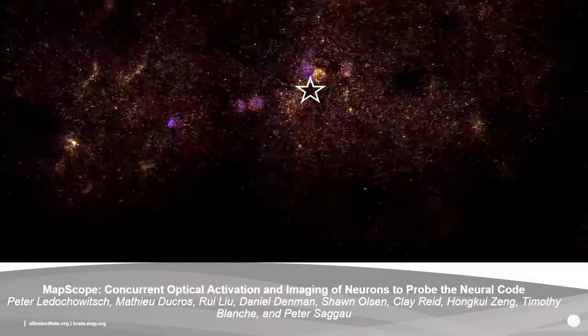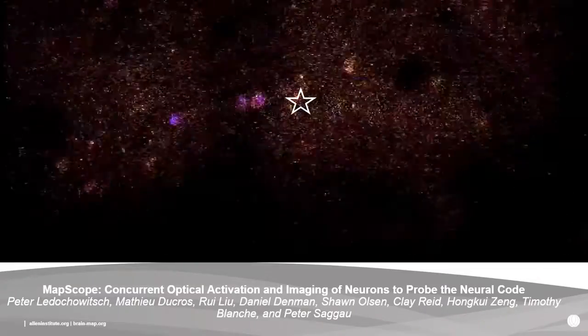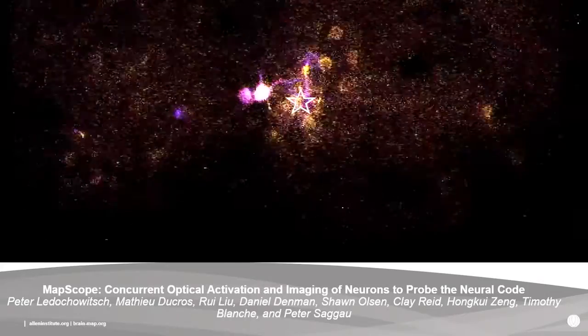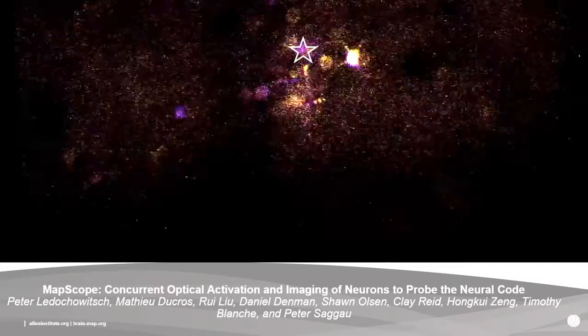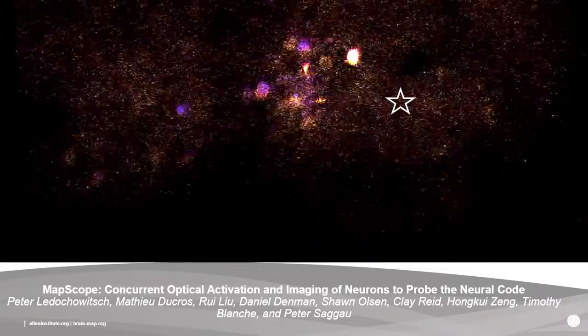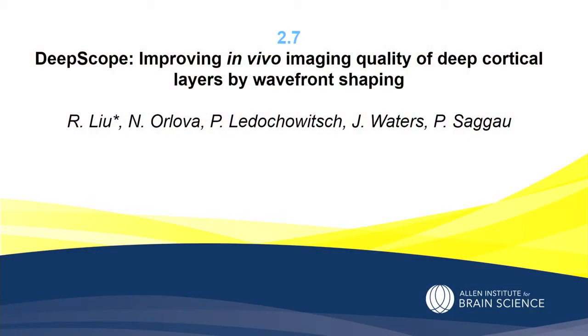Hi, I'm Peter, also from Research Engineering. We don't just want to listen or look at neural circuits, we want to mess with them. So we're using multi-photon holography to activate small clusters of cells while simultaneously recording the calcium signal as reported by GCaMP6F in this case. This is a volumetric image where the color represents the depth across 5 slices that span a depth of about 20 microns. The stars indicate where the stimulus is going to hit, and the blinking arrows that you saw show the timing. Please come to poster number